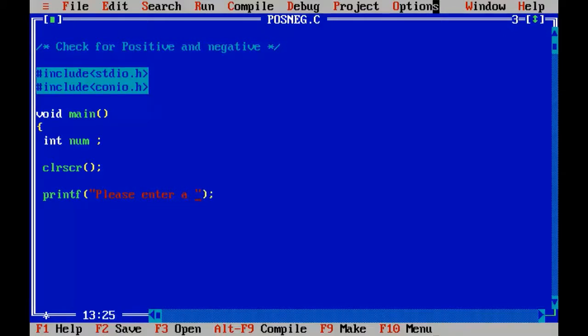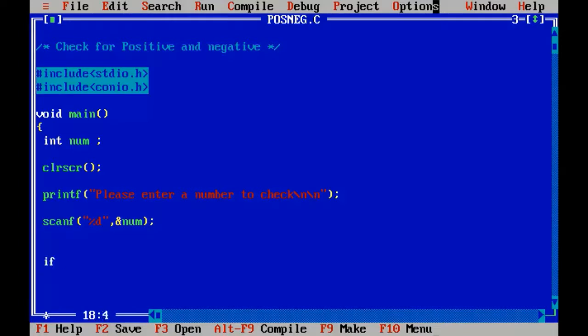Please enter a number to check, right? Since I'm going to accept a single variable, so just 1 %d is enough here, right? And that will be stored in the variable called num.